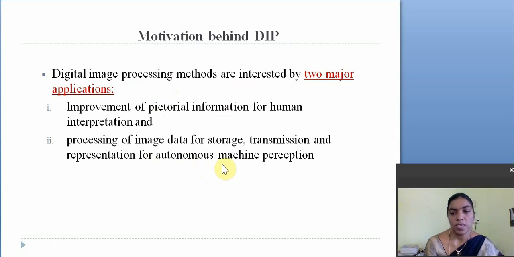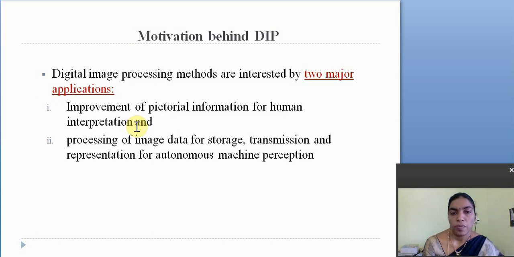for autonomous machine perception. Coming to the first point, what is that? Improvement of pictorial information for human interpretation. That means one picture, one image is there. Suppose you want to improve the quality of the particular image based on the user's interest, we have to apply some algorithms on the image.